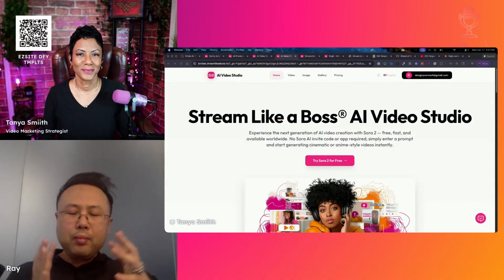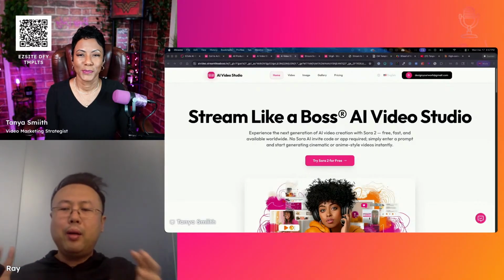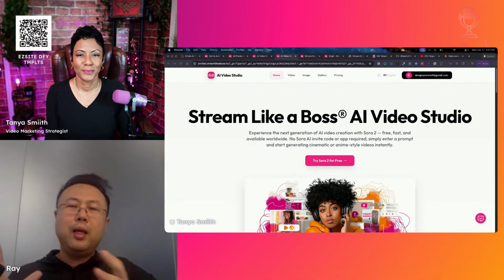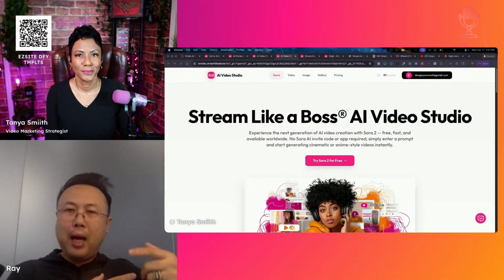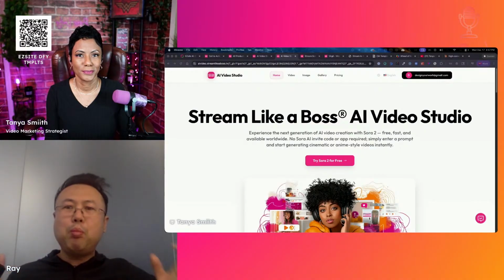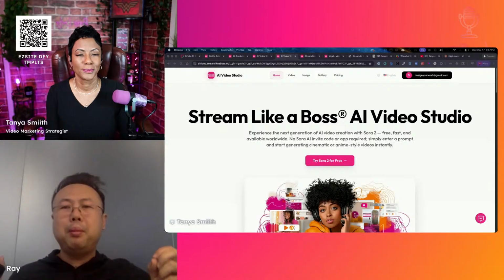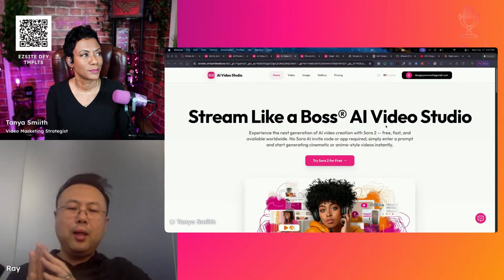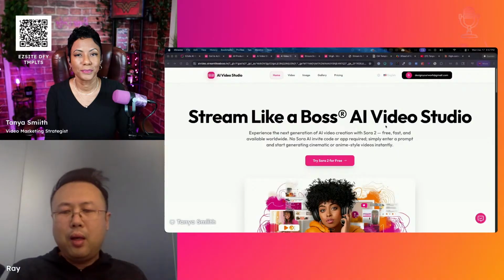Secondly, with our templates, we are already wired, built into the prompt and the working process with the Sora 2 API. Everything is built in. It's more focused than Sora 2. Sora 2 is a general purpose video generation tool. But we go beyond Sora 2, and also you can have a choice of video models